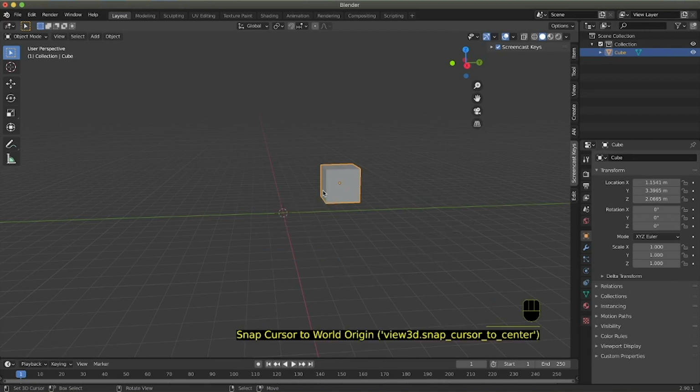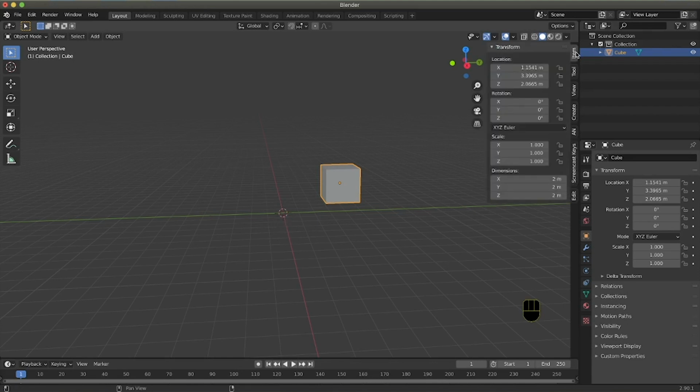So as you can see, I pressed Shift S and I moved my 3D cursor to the origin of the world. That's the origin of the Cartesian axis, that's X, Y, and Z. And in this place, the values are 0, 0, 0.